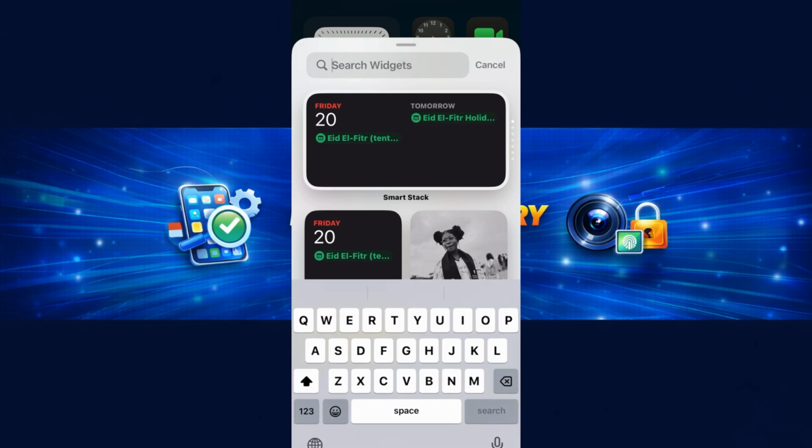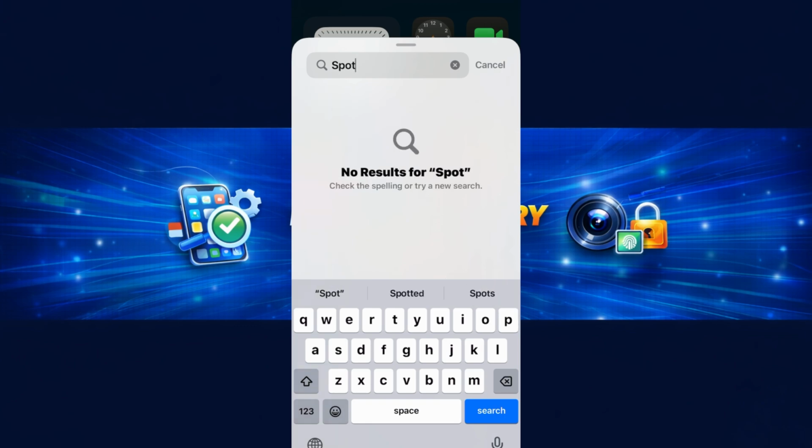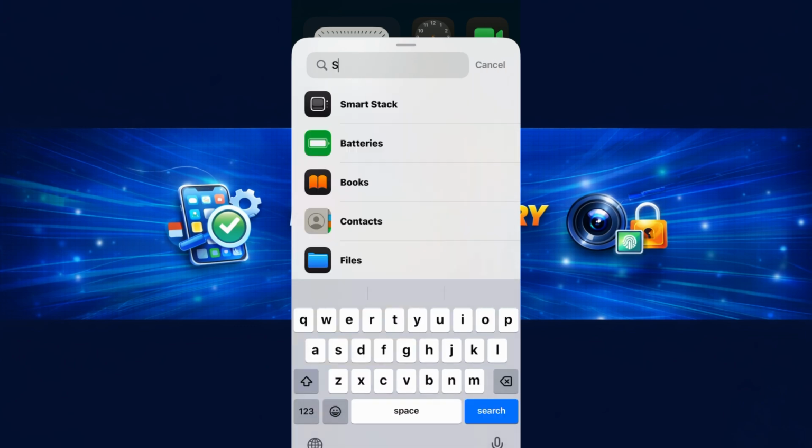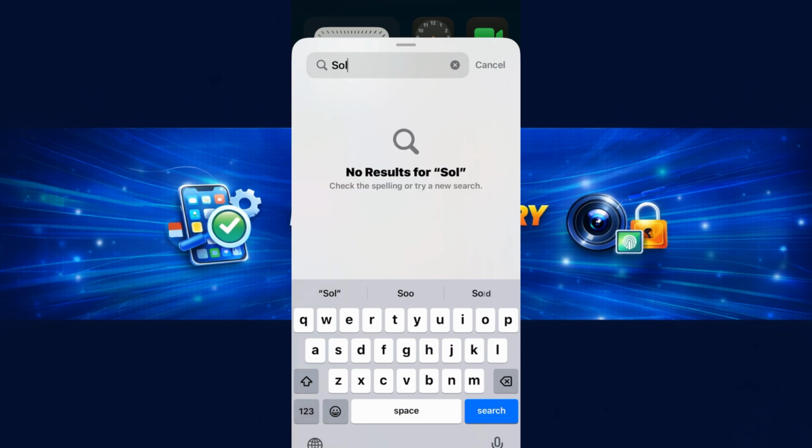So I want you to search for Spotify, the app you want to add. So once you search for Spotify here, it will bring out Spotify for you. So once it brings it out, then you want to tap on add, then the widget will be added successfully. But to be able to add this widget to your iPhone, you need to download Spotify from